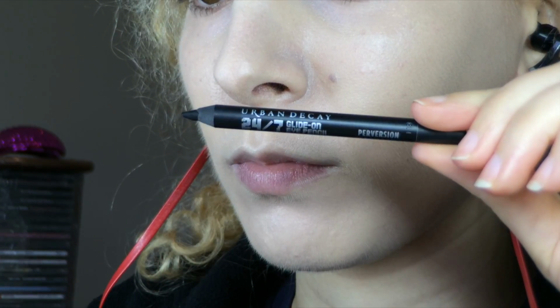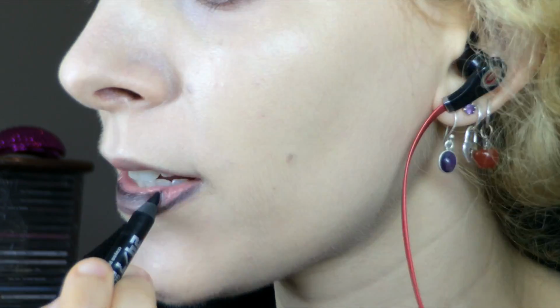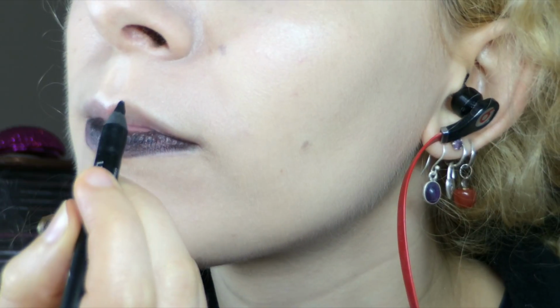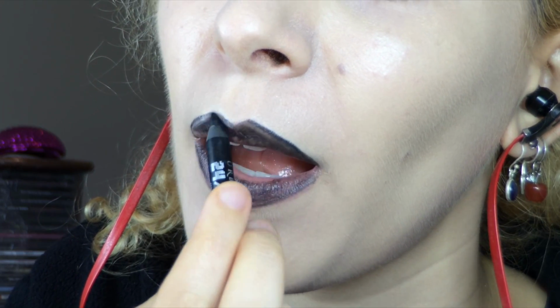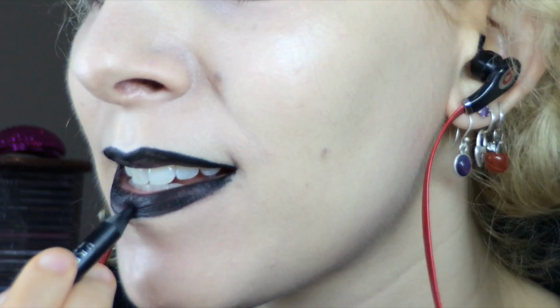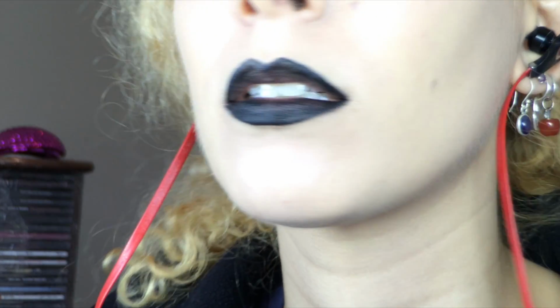I'm getting out my Urban Decay 24/7 eye pencil in Perversion, and I'm going to line and fill in my lips. The reason I'm using an eye pencil and not a lip liner is because it is more pigmented and waterproof too. I'm not completely making my lips opaque, but once I've got plenty of that pencil on, I'm whipping